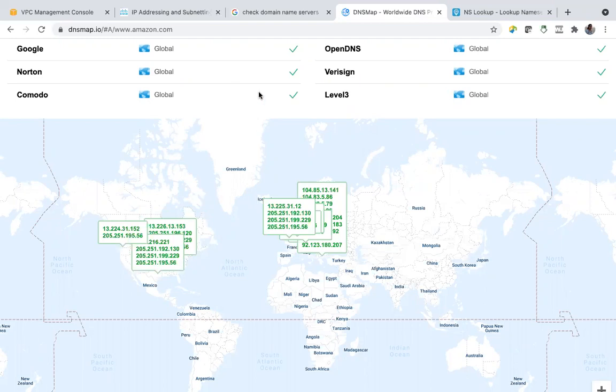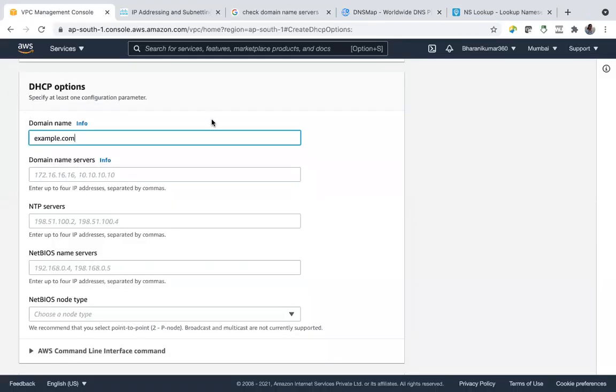And if you want to add any DNS servers, and why? Because you want a DNS name with your registered DNS name for your servers, then you can bring in your domain name servers. And similarly, there will be NTP servers and NetBIOS servers. NetBIOS servers are also like DNS servers, but they work in a private network, within the private range.